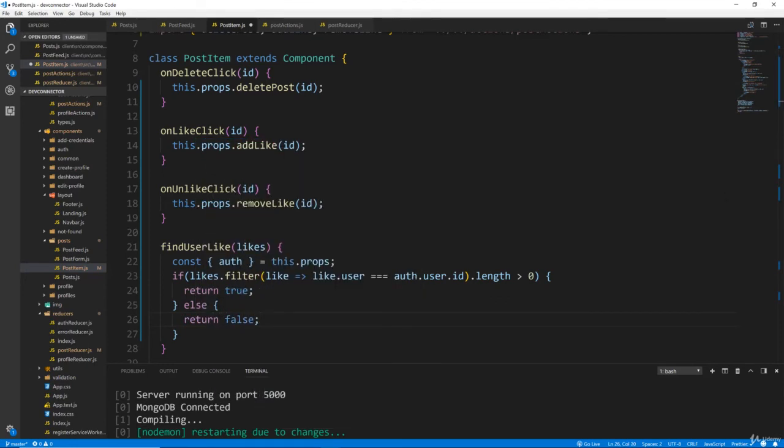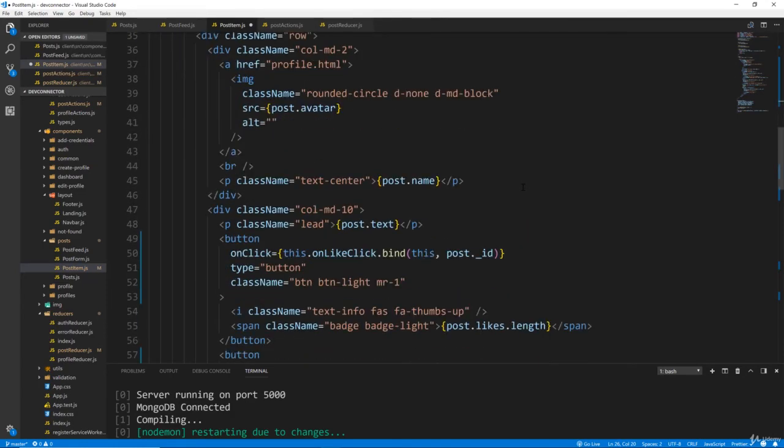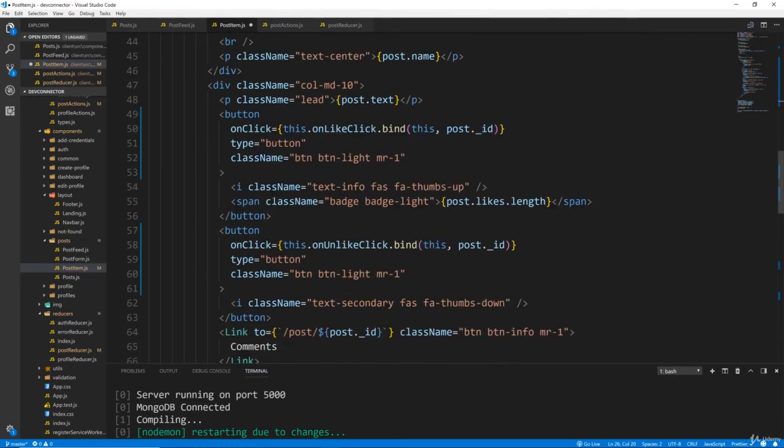All right, now we want to implement this, so we're going to go down here. So this is the like button, right? And then this is the icon. What makes this icon green is this text-info class. So that's what we want to make dynamic. We always want this class, and you guys should remember how to use classnames. Actually, we just want to replace this. So we're going to say className equals